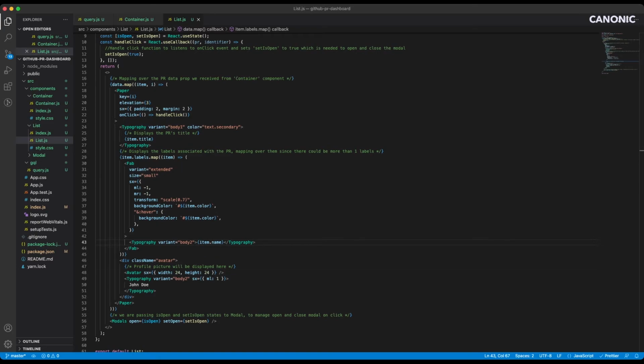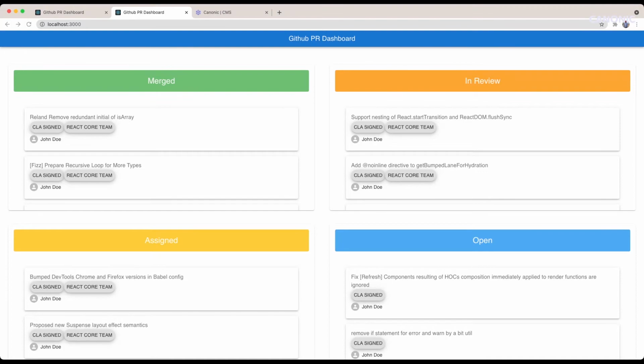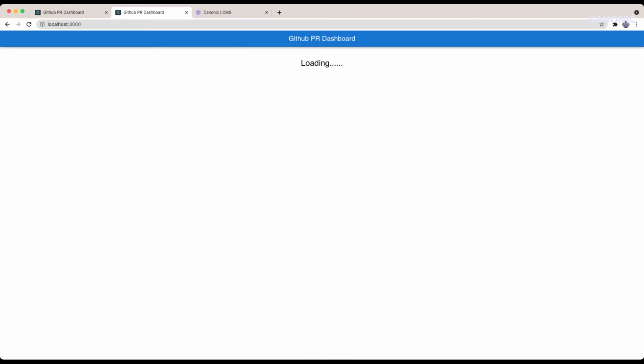For the avatar, let's add the source and the alt. Yep, and we need to replace the dummy text with the data that we got. Awesome. Now let's save this and head back to Chrome and see how it's looking. Yep, let's refresh it again.